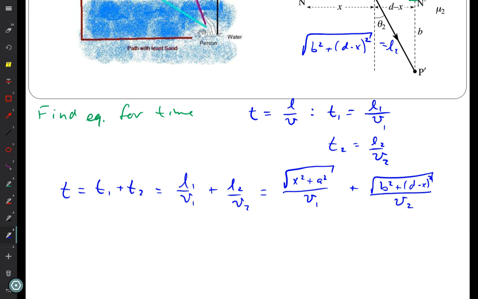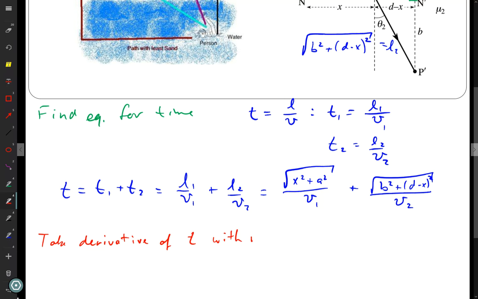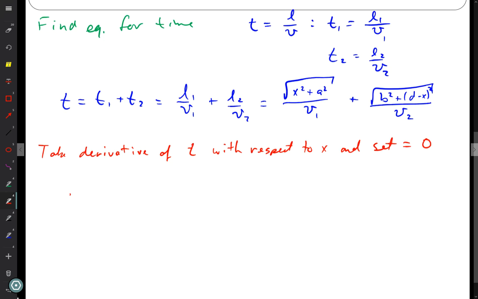So now we go on to step 2, as was already indicated by Carrie. Take derivative of t with respect to x and set equal to 0. So dt dx is equal to,